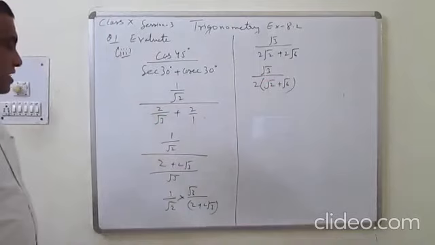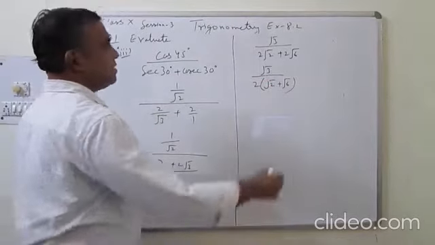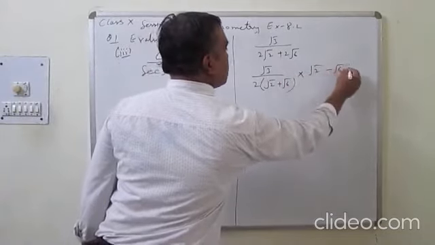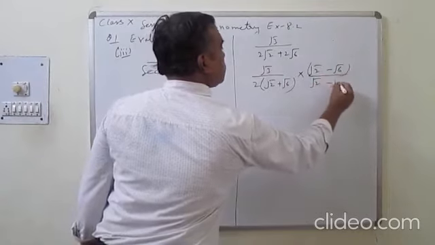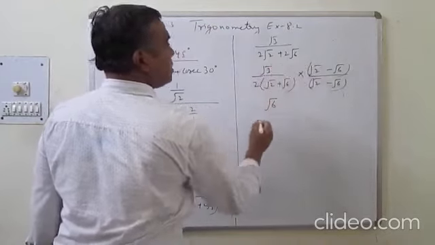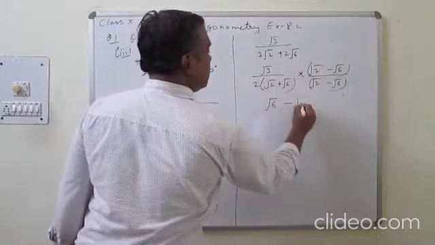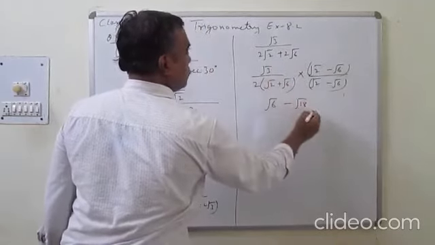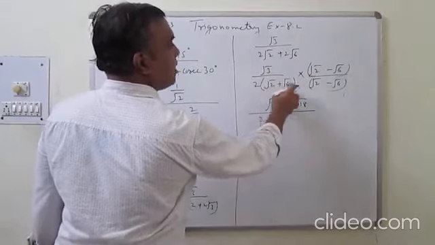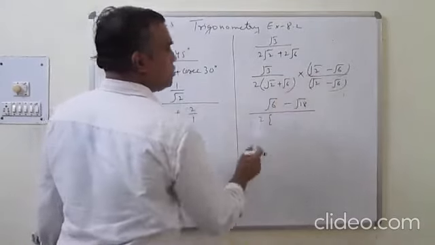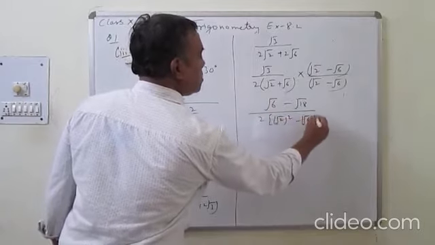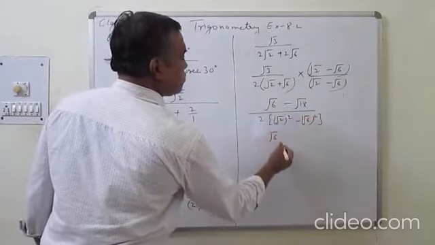Now we will rationalize it. Multiply by √2 minus, the opposite sign, √6. √2 minus √6, you will get √2 into √3, √6, and it will become minus root 18. 3 into 6 is root 18, and 2 as it is. You will get this is plus and this is minus. Use a square minus b square. So it will get root 2 square minus root 6 square. So it becomes root 6.